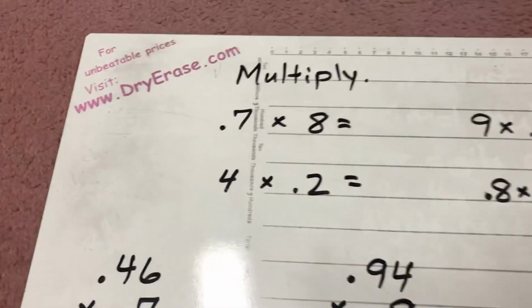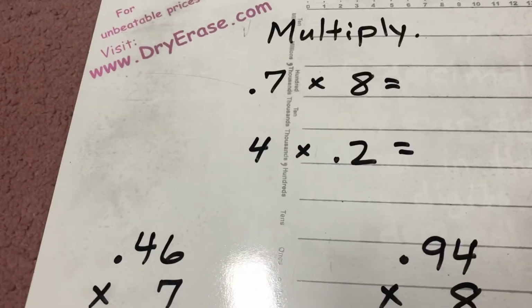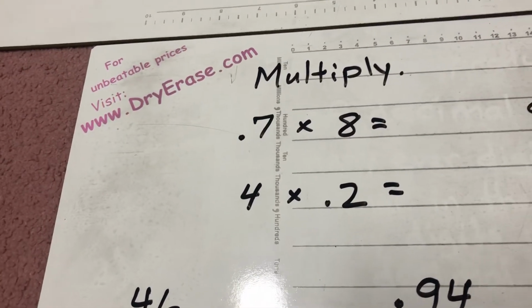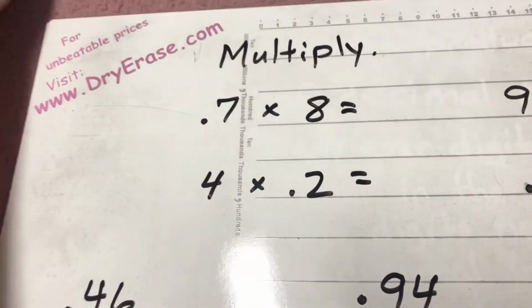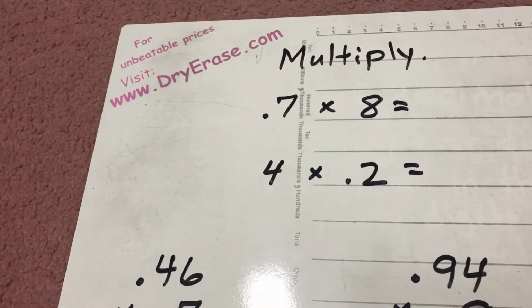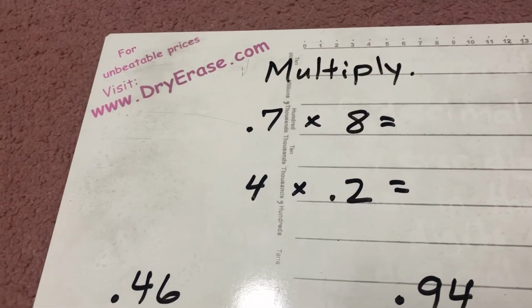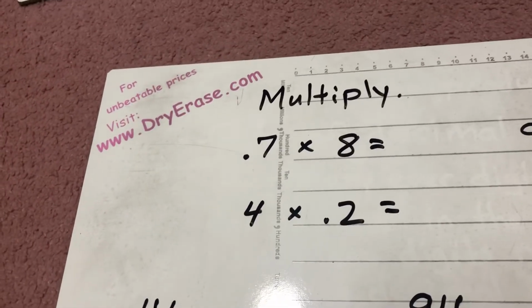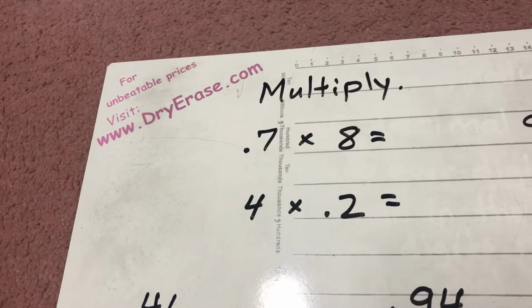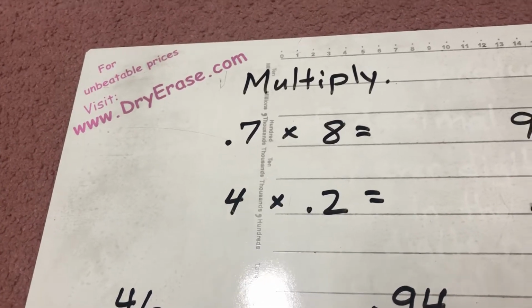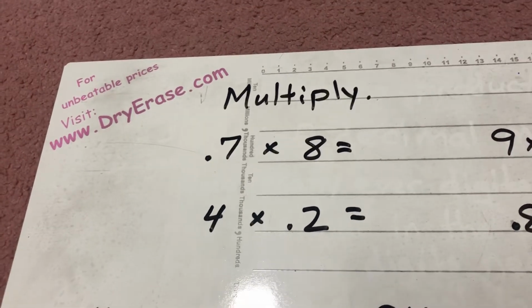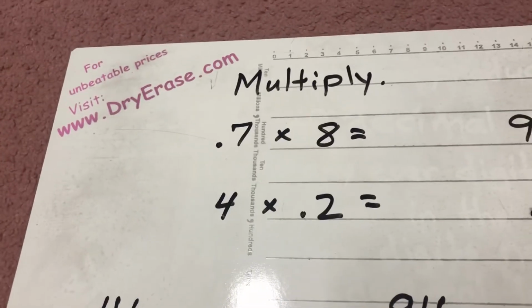All right, my fifth grade friends, we're moving right along here in chapter 5. This is lesson 3 to go with chapter 5. And today we're just getting into some regular multiplication. We've done some stuff with the zeros trick and all that back in lesson 1. We did some estimating in 5.2. Today now we're getting into some straightforward multiplication, and I want you to remember that one rule that we keep